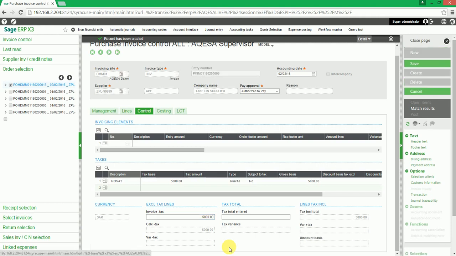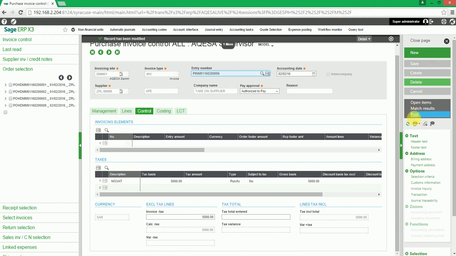So if there is a variance on the invoice that the supplier has applied, you will be able to see the variance within this section. So the calculated tax amount is what Sage X3 tells you what the invoice needs to be, and the invoice minus tax is the amount that you enter from the supplier's actual invoice. Once you've entered their amount, if the field VAR tax shows you no variances, we know that it is balanced off. Once we click on Save,